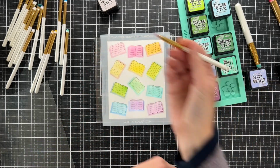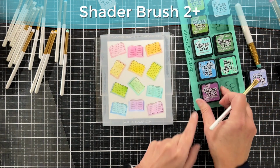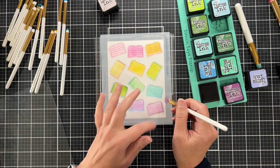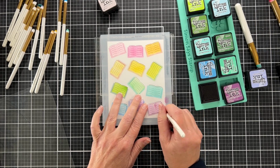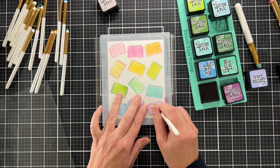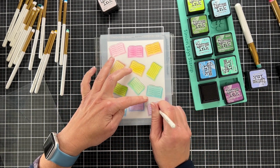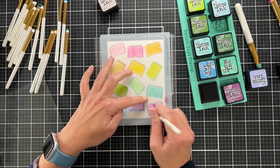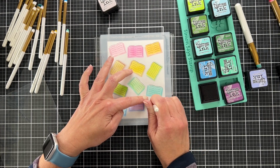I'm coming in with the first stencil, and now I'm coming in with the Shader Brush 2 Plus. If I have to keep saying shader brush all throughout this video, I'm going to keep messing it up. But you'll see now I'm using a little flicking motion. I'm coming in from the middle of the book, and I'm flicking out just to create a shadow. And there I should have dabbed off a little bit of the ink, so I got a darker look than I wanted. But I'm using a flicking motion with this small